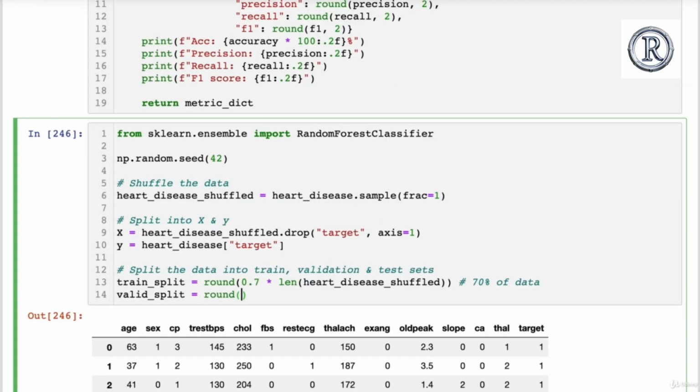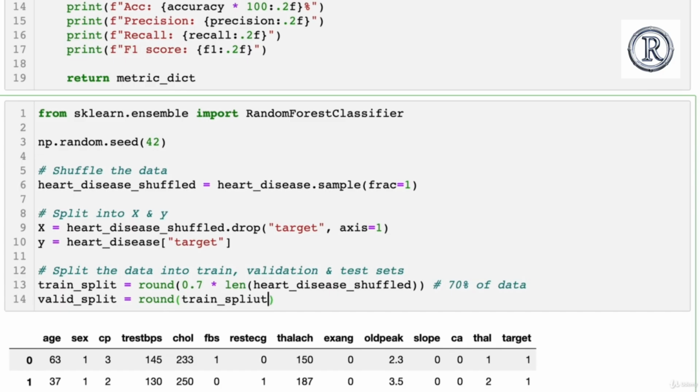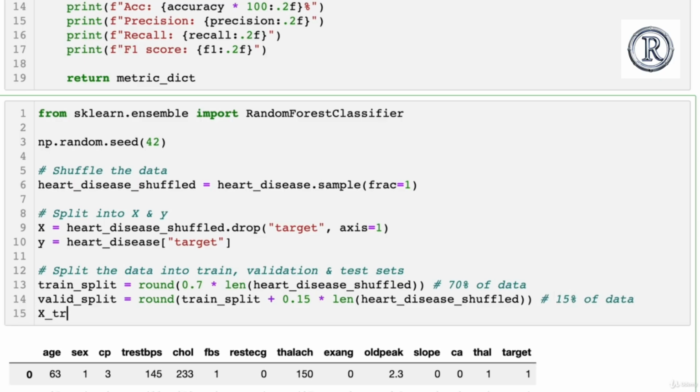Wonderful, so we can do that in the same way. That will be train split, because we want to index, we want the next 15%. So train split plus 0.15 times the length of our heart disease shuffled data frame. This is 15% of data. Wonderful. And so X train, Y train is going to be the X data up to the train split, and